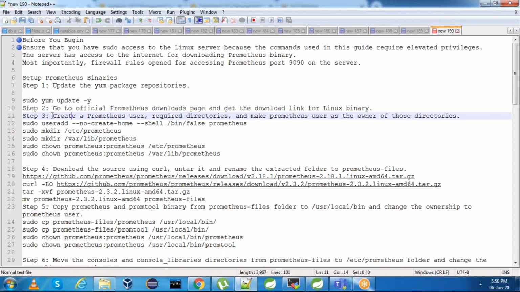Next, we need to create a Prometheus user and the required directories and make the Prometheus user the owner of these directories. Let me add the user and create these directories all at once. I'm executing all at once.